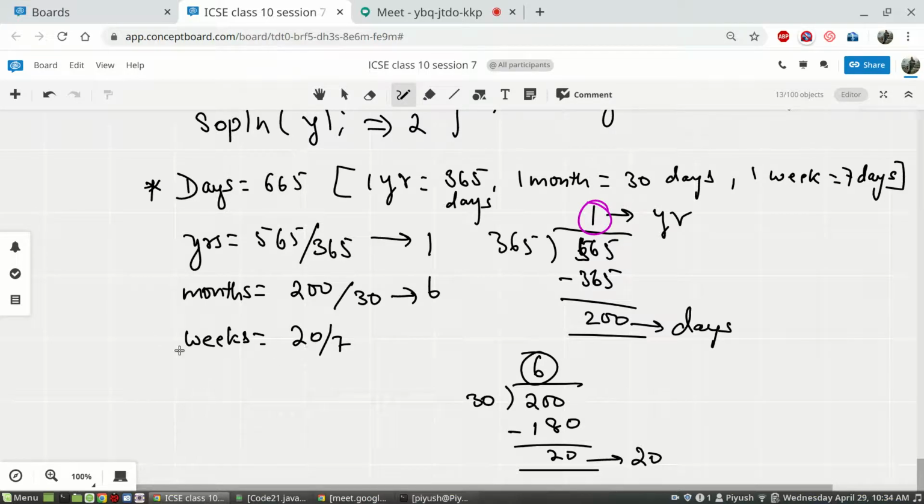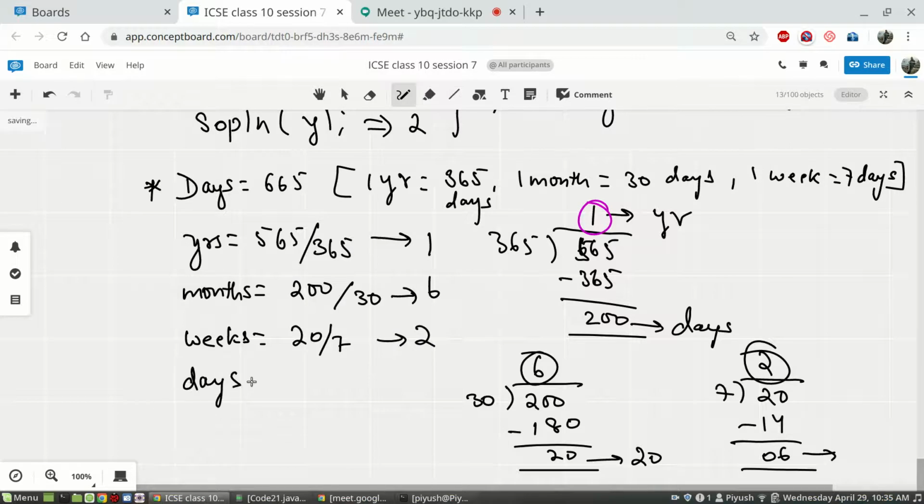I think that is 7, because 1 week has 7 days. So this will give you 20, 2 sevens are 14, still 6 days are remaining, and this is the number of weeks. Finally, the number of days will be whatever is left over here, so 6 days.